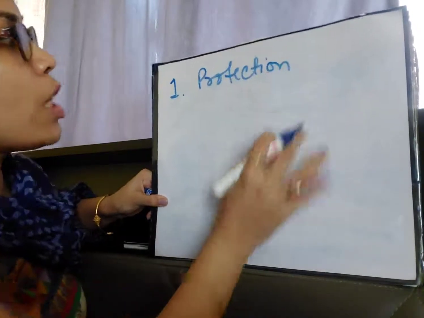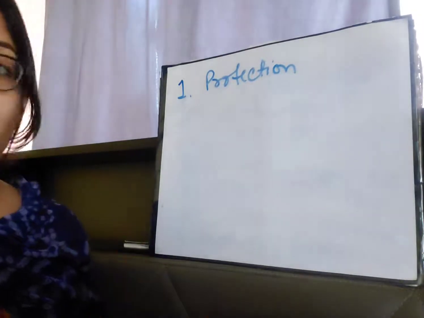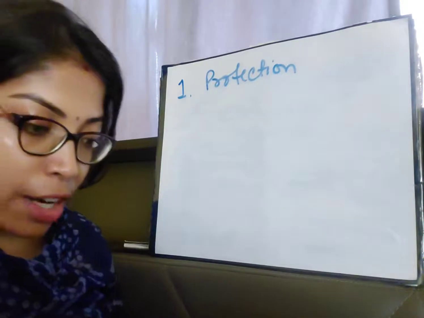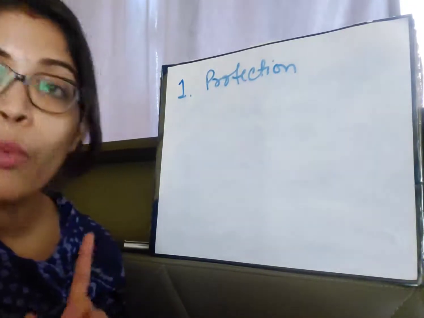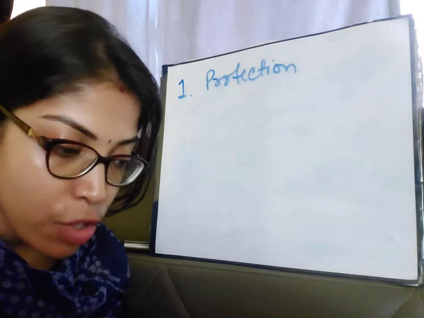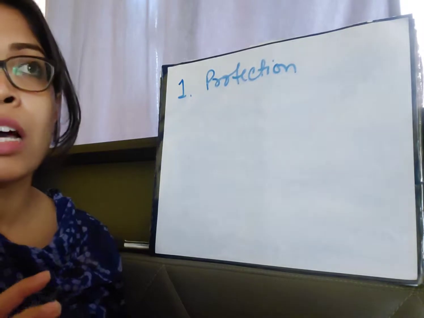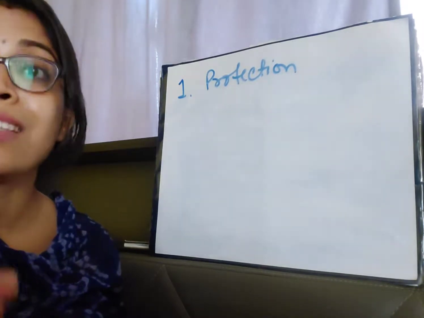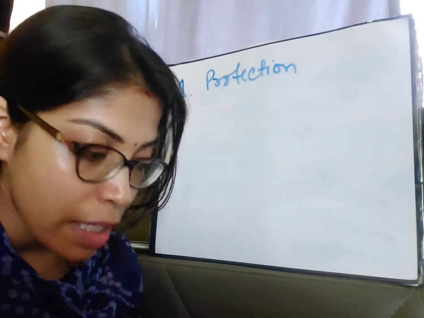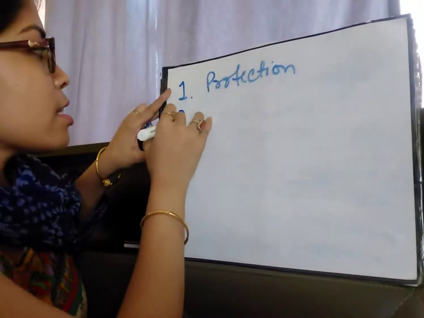I want you to note down these points that I am writing on the board, and the detailed answer you will get on page number 6.22. There you will get the functions of the cell wall, where the first point is protection. The cell wall constitutes a kind of semi-rigid structure. Semi-rigid means not completely rigid, not completely tight. It provides protection and mechanical support to the plant cell. Clear? Next, maintains cell shape.